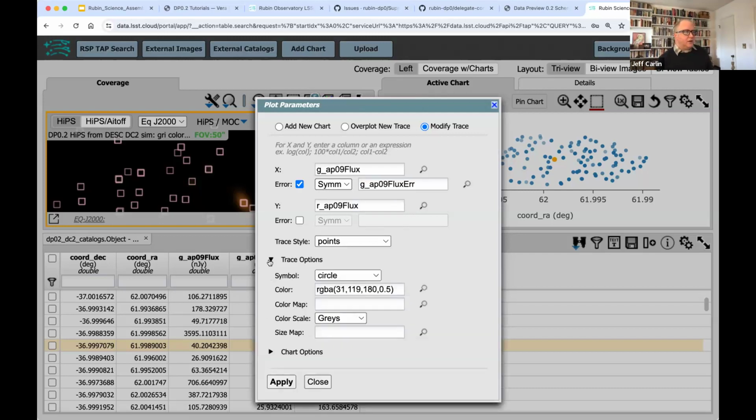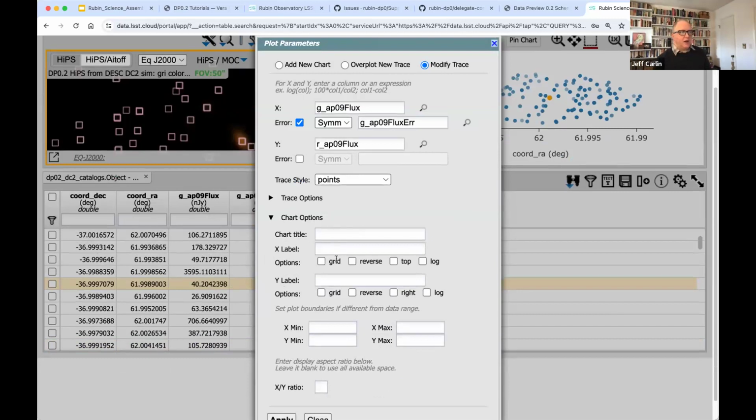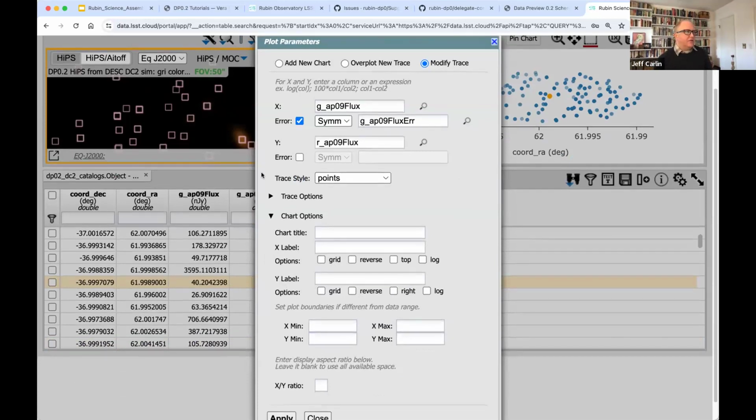And you can click these arrows here to open up more options to modify the titles, the min-max ranges, reverse the axes, other such things.